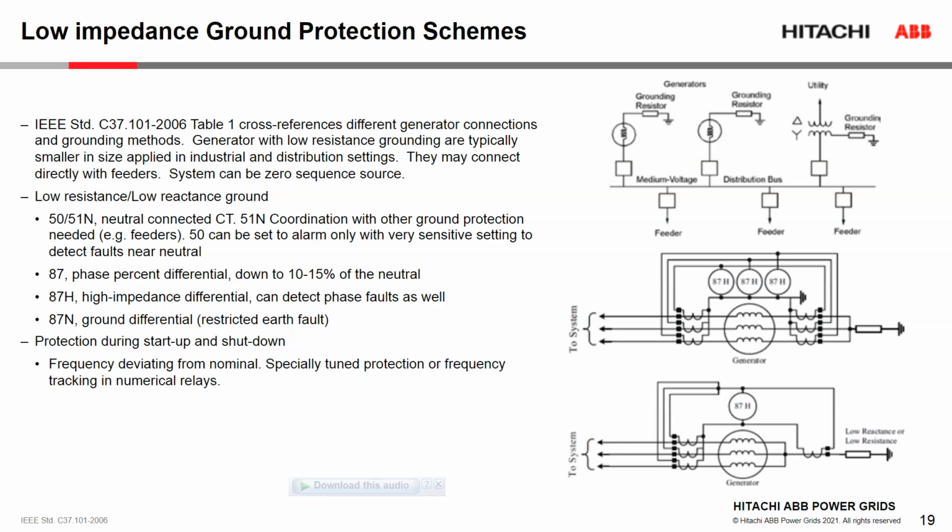The other note is that for protection during startup and shutdown, because the frequencies start to increase and decrease during that time, your typical differential protection may not be effective due to the frequency issue, because as I mentioned, differential protection is typically only effective around the fundamental frequency, the 60 or 50 hertz range. So in modern numerical relays, there's a frequency tracking feature available that you can enable to allow the protection to be more sensitive during that frequency excursion